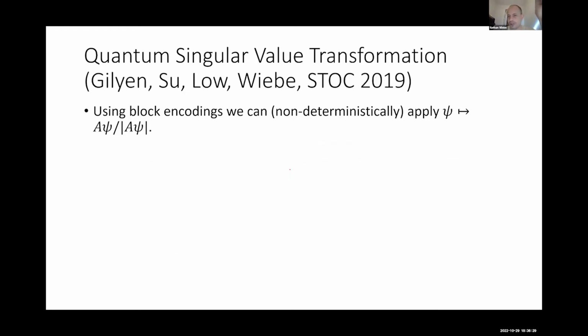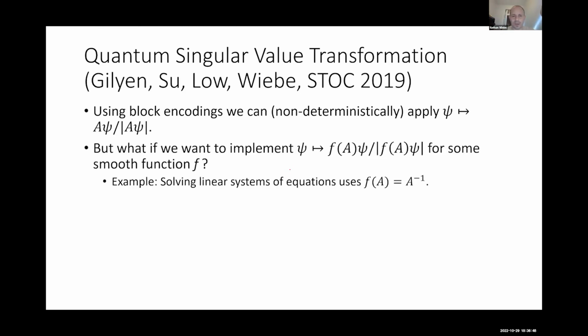But another opportunity that we can take advantage of using these types of systems that have ancilla controlled operations, just like the hybrid bosonic qubit systems that I was talking about in the past, is this idea called the quantum singular value transformation. What this allows us to do is it says, okay, let's say we've got a matrix A